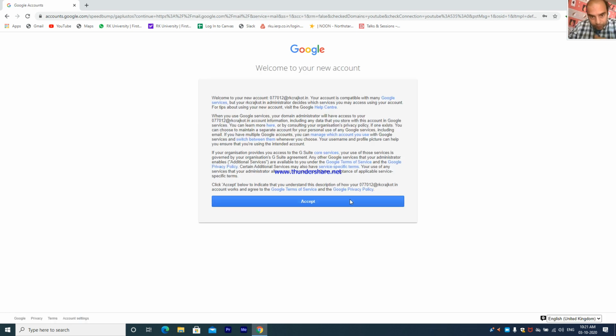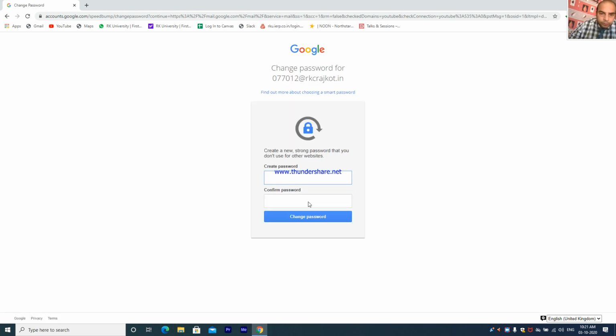Next, this kind of form will come in which you need to accept the terms and conditions of Google. So click on accept. Now you can create a new password. I would always prefer that you write the first letter, your initial letter of your spelling, as capital, other letters small, then @ and numbers. You can write your birth date also, you can write 1 2 3 4 5 also, depending on your capacity, you should write it down.